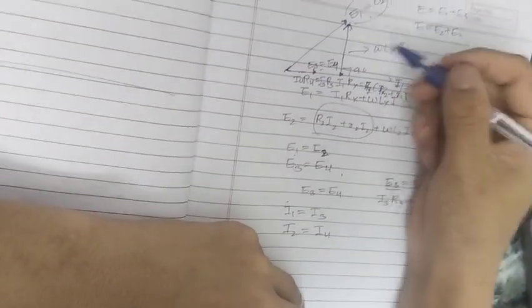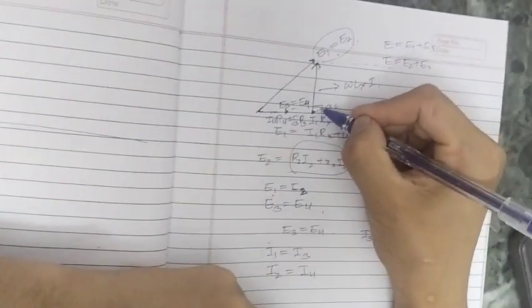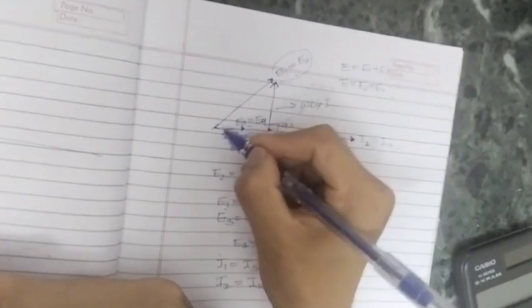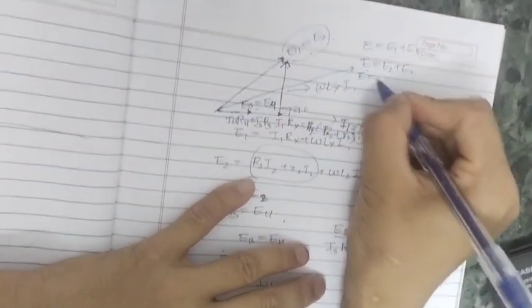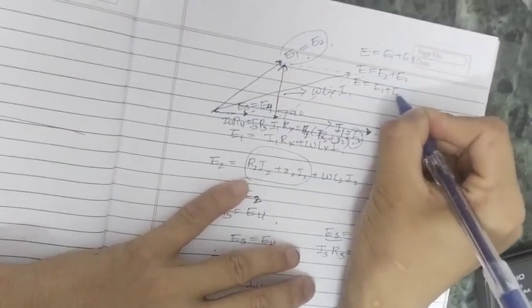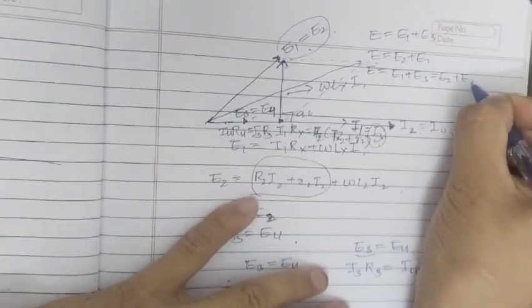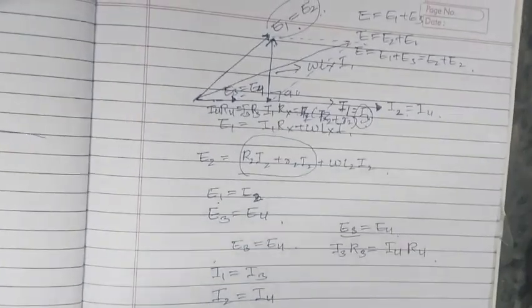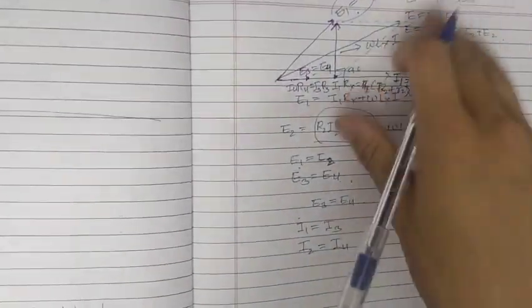If we draw a line from this, we connect it here. So we extend the resultant line, giving E equal to E1 plus E3 equal to E2 plus E4. This is a complete phasor diagram for the Maxwell inductance bridge, and I hope you understand this concept,